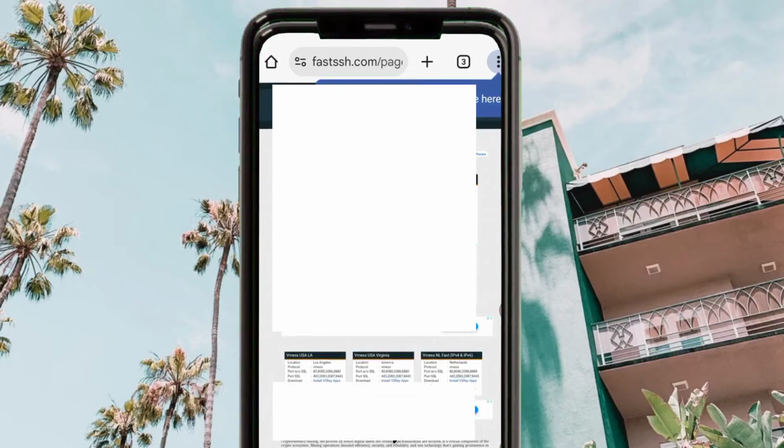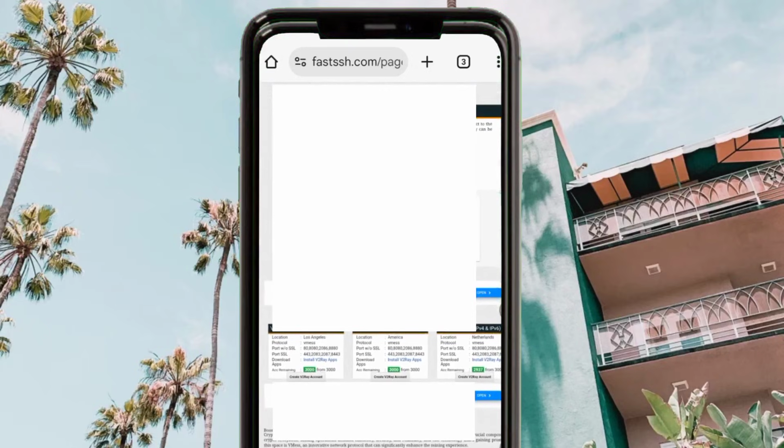So you pick any of the presented pages, or you can just go with the presented servers right here. You pick any server from your desired location. For example, we have Los Angeles, America, Netherlands, and in case you need to explore more countries, you can see the number of pages down below. For today's guide, let's pick this one,